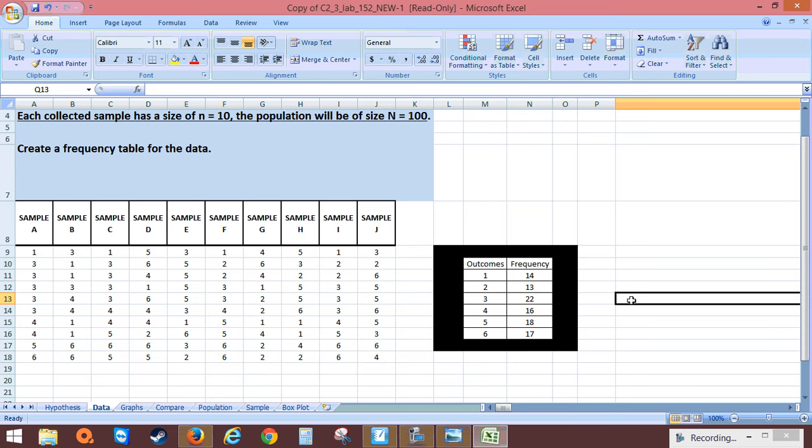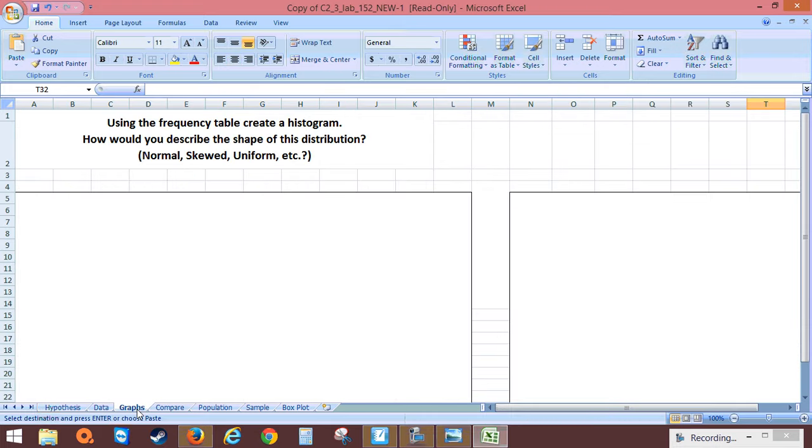14, 13, 22, 16, 18, 17. We know what the frequency is. So I'm going to take this box like this, and I'm going to say Control-C, click on the graphs page, and I'm going to make this smaller